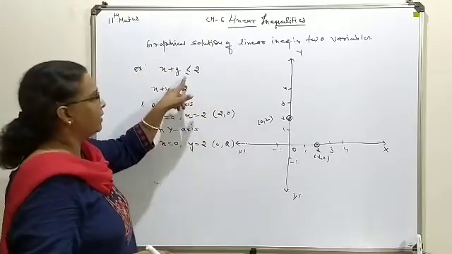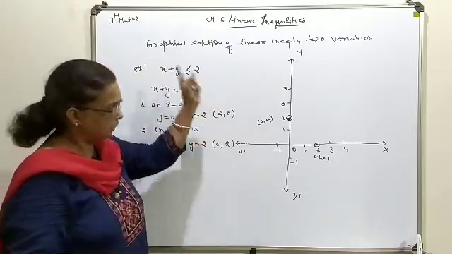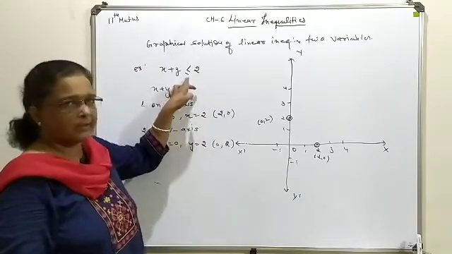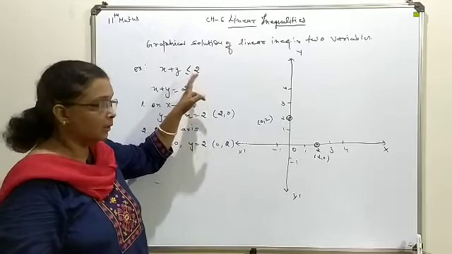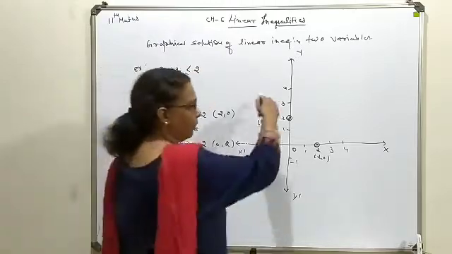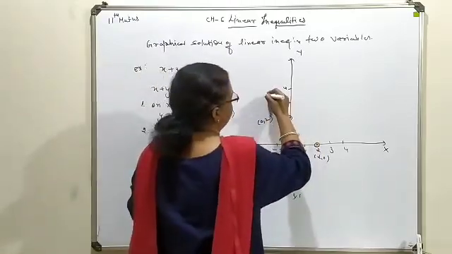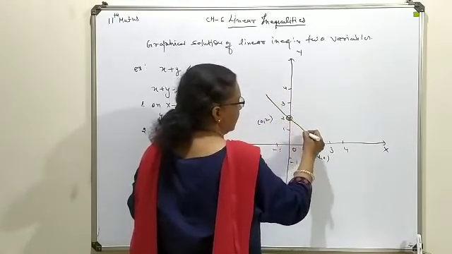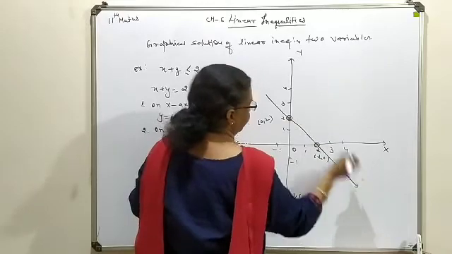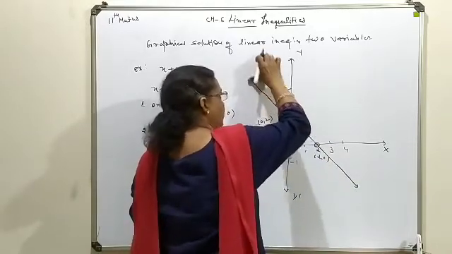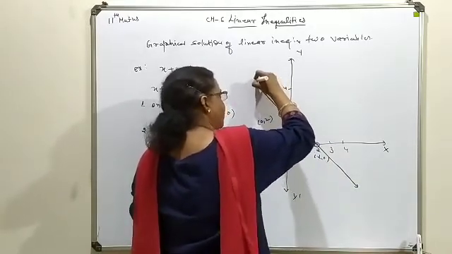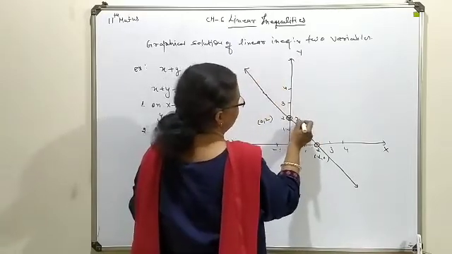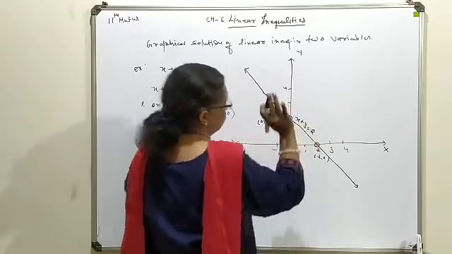Now it depends upon the inequality sign whether you have to make a dark line or a dash line. If the equality sign is available along with the inequality, you can make a dark line to represent this line graphically. So this way these are to be connected. Furthermore, it can also be extended. We want only the nature of a line. Here this line is x plus y is equal to 2.